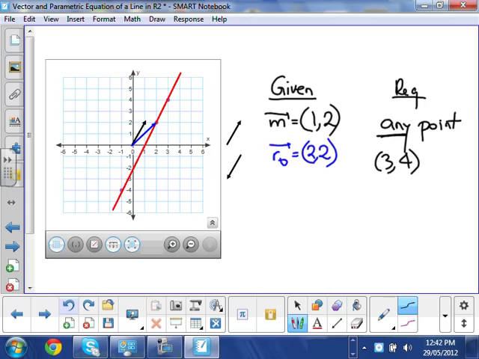I want a position vector, let's call it r, which in component form is 3, 4. Good. Can I write this using my two vectors m and r0? Sure, I can. If you look a little bit at the algebra, 3, 4 can be written as nothing else but 1, 2